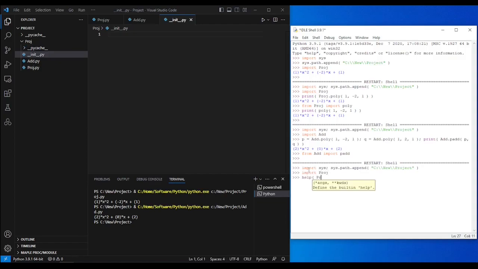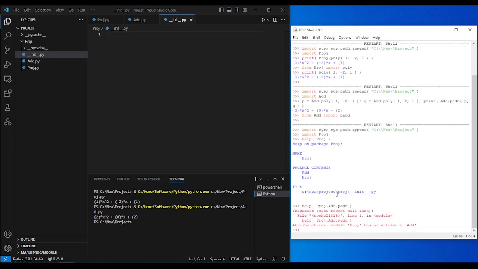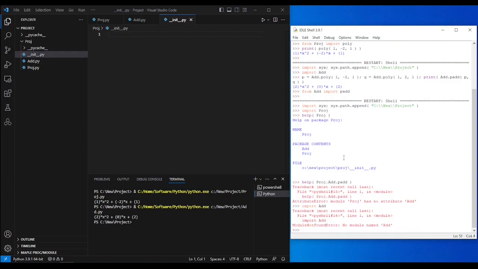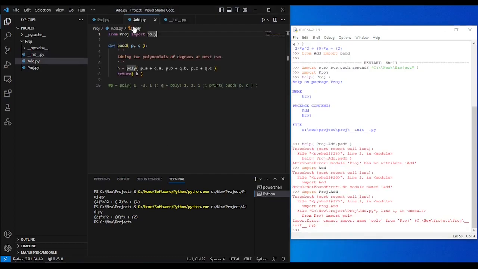You can also ask help on the proj. It says it contains two things. Now if I say help proj dot add dot p-add, it doesn't recognize it, okay? But if I say import add, well, after that I imported proj, well, okay, import proj dot add, well, it has a problem because of what I wanted to do,